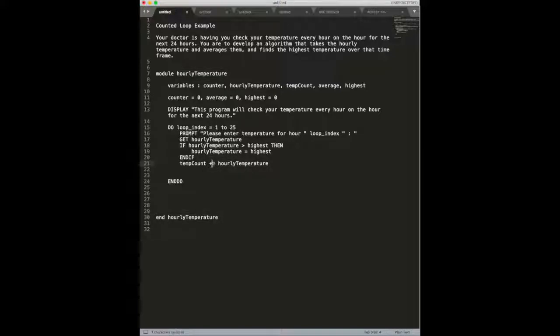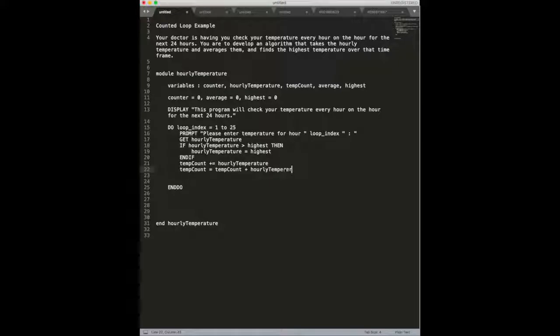Now, this is what is known as shorthand. This is a shorthand we covered way back in chapter 2, so I'll admit that that is a while ago. The other way we could do this is if we had temp count equals temp count plus hourly